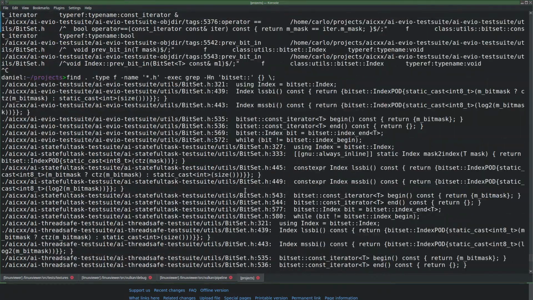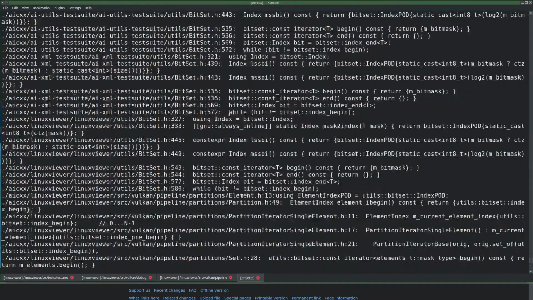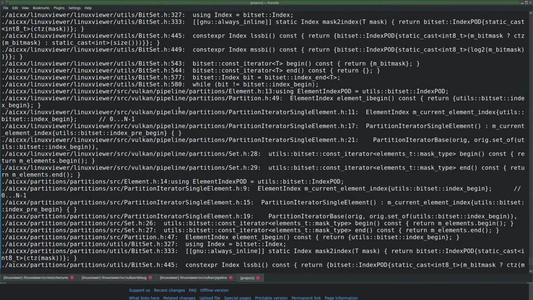All of these things are just the same file over and over somewhere. Bitset.h is of course definitely not interesting to look at, so that's just the definition. And I use it in partitions, I think. There's a begin and end that uses a constant, or maybe that's how I should use it.